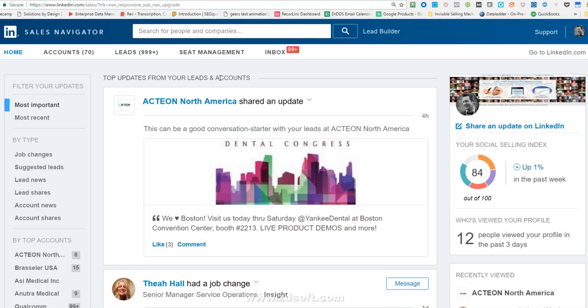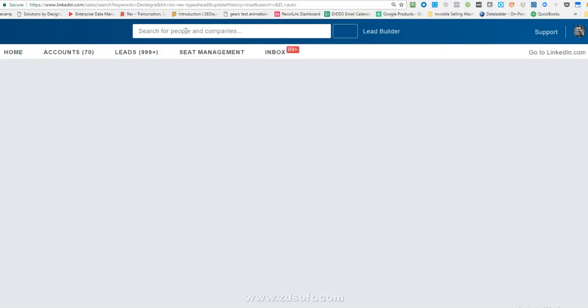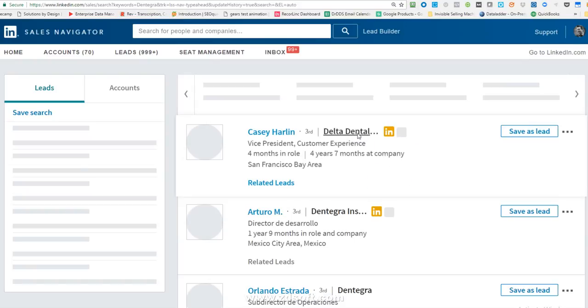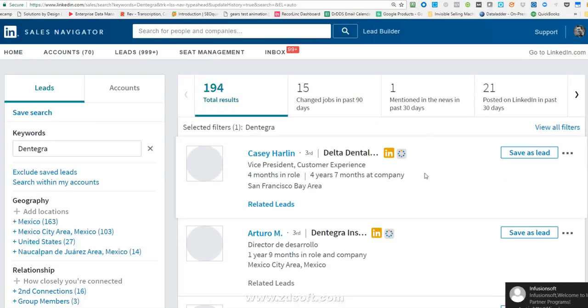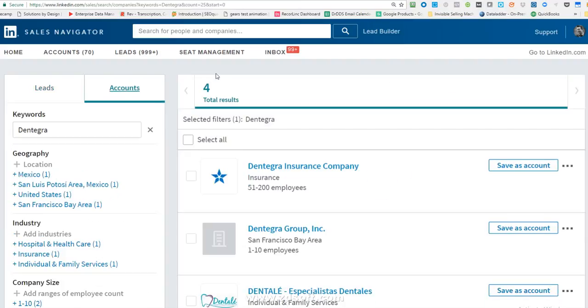So when you go into LinkedIn, into Sales Navigator, type in the name of the company up here at the top. And what it'll do is it'll give you a list of leads. So first of all, it starts with a list of the contacts, which would be the leads. So right now we have 194. What I like to do is I first like to build my account list, because once you build your account list, it's a lot easier to dive into. It's sort of the starting point of what you start uncovering the contacts that you want to get in touch with. So first of all, let's save this account